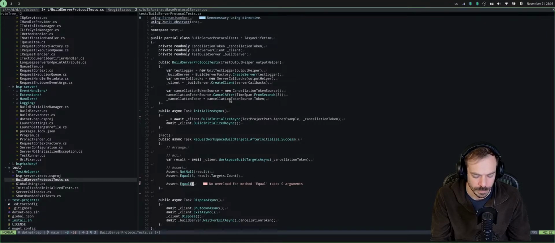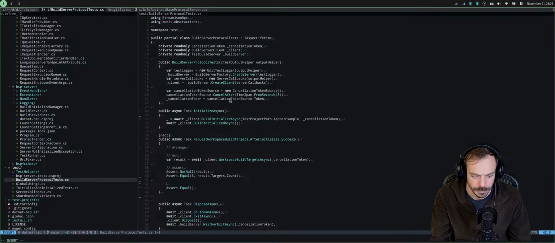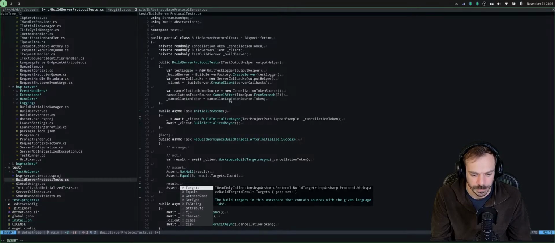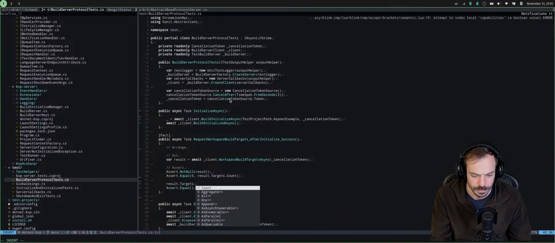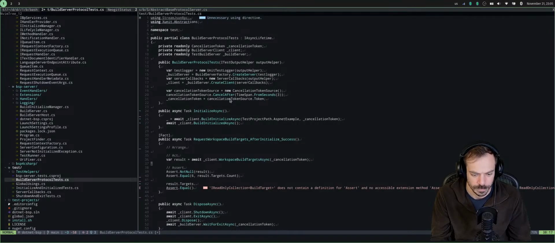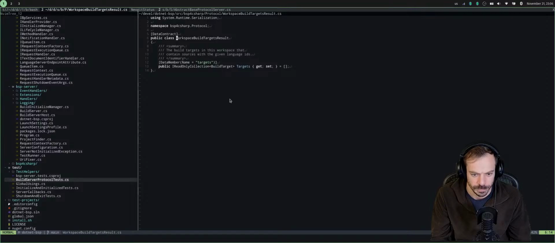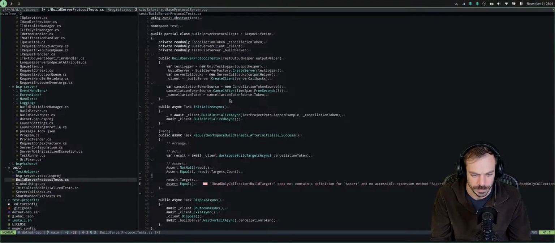Say workspace build target result. Only the targets there.